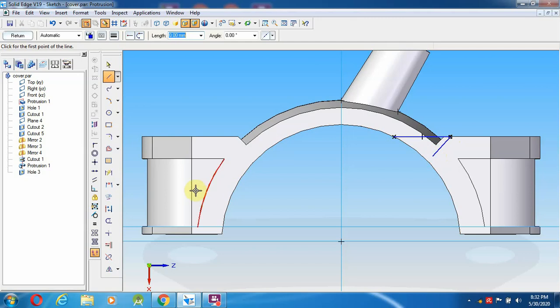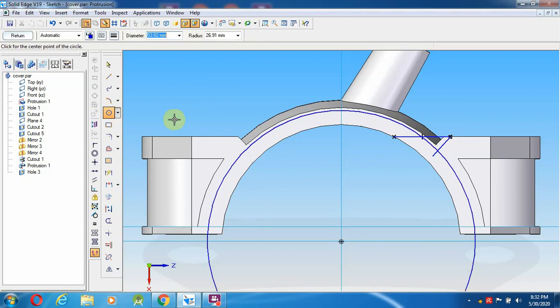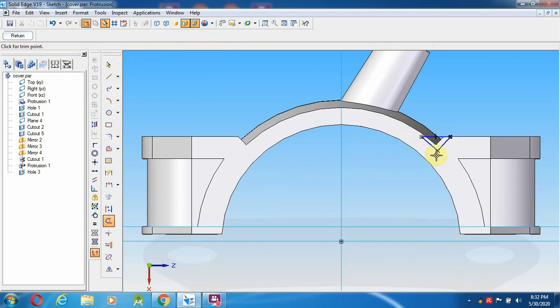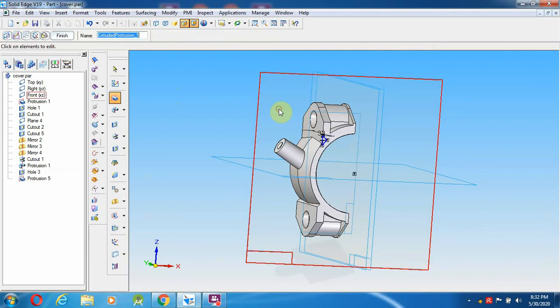Inside, so even this circle also I'm trying to keep inside. So go for the trim option, trim this as well as this one, give return. So it goes fully. Because the curved edge as well as the flat edge, it does not make, that's what before it's not coming. So now it can give 33 mm distance, left and right click.